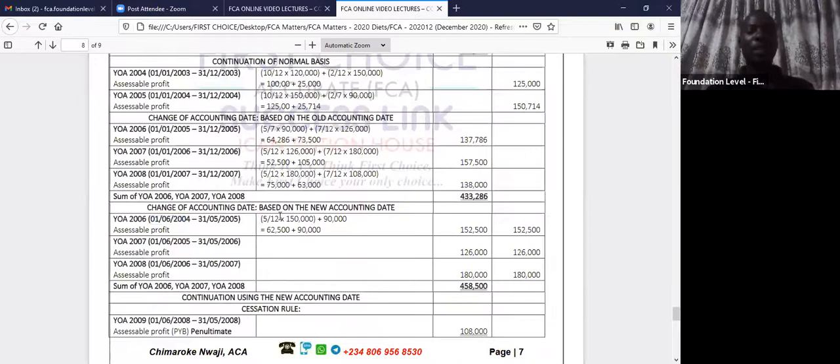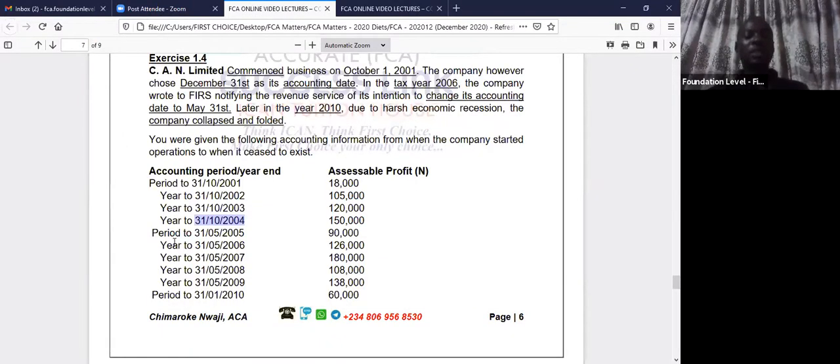And that's what I did. 5 months out of these 12 months. Then I will need this remaining 7 months period. This period is exactly 7 months. So I know I need 12 months. So I'm taking 5 months here. I'm taking the remaining 7 here. So that gives me, prorated this on 5/12, I will bring the whole of 90,000.